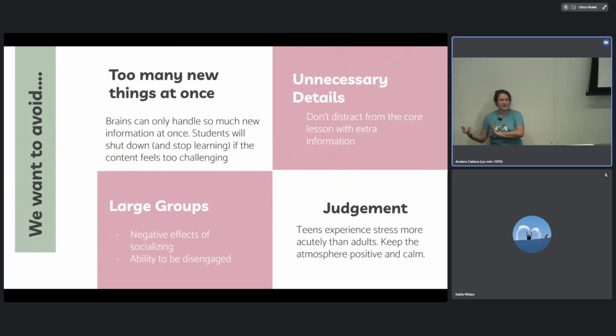And you're also distracting them from what they actually need to know. I don't like doing large groups. Teenagers are wired to be social. That part of their brain has just come online and they're very excited about it. So if the groups are too big, you have a few different things. One, they chat with each other, which I'm fine with. Robots isn't class. But it means that they can be disengaged.